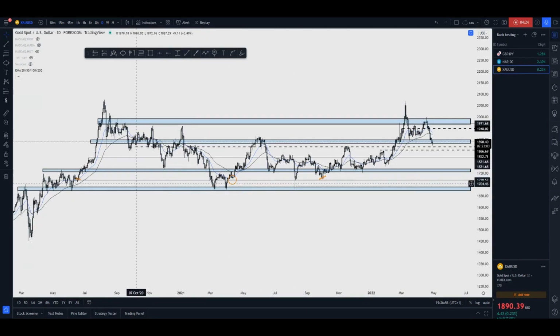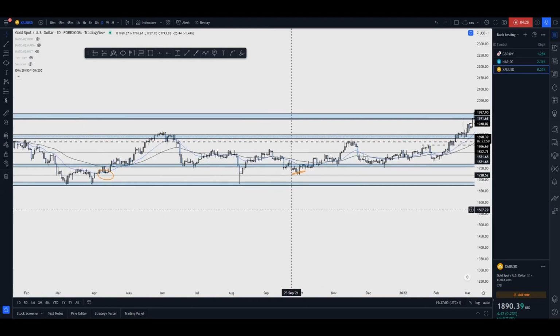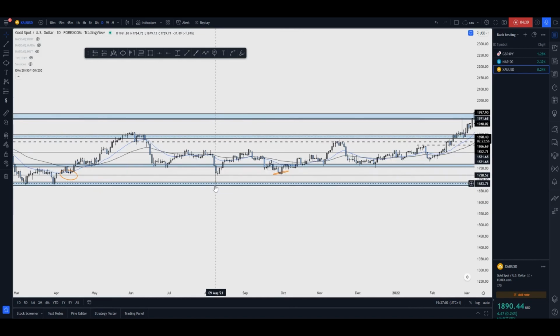Now again, if you can see right here, we can wick into this level, which is then meted onto the daily. And again, you don't have to take exact sniper entries off here. You can wait maybe for this leg, or you can wait for this leg, and even if you took trades off